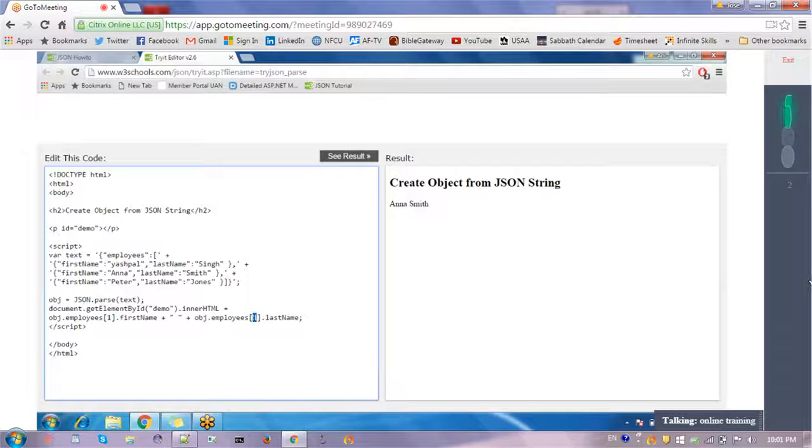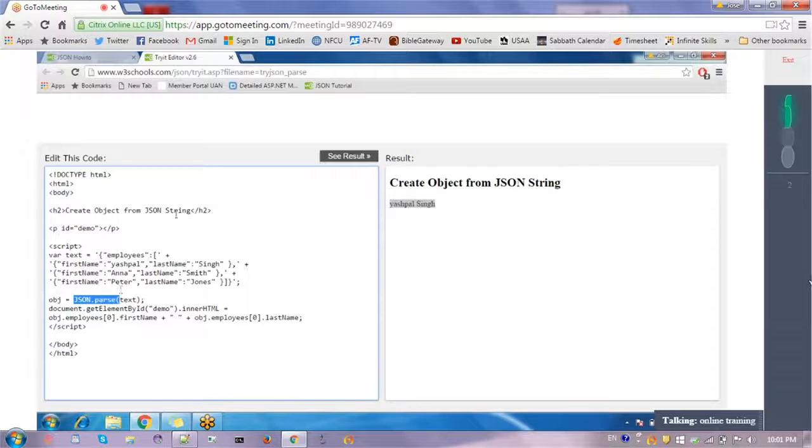Or it will display my name because that is an array. So with the help of the index, we can display the array data. So here something like that. So this is the string, and this text will contain the data in a string format, and with the help of this JSON.parse method we can convert that string into an object.